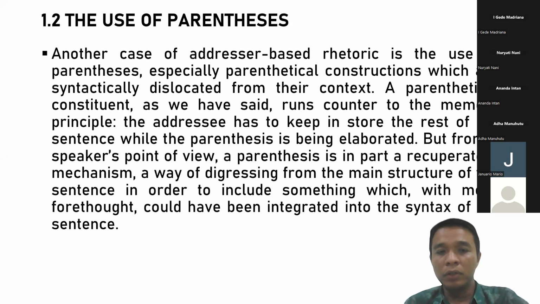We will talk about the use of parentheses. Another case of addresser-based rhetoric is the use of parentheses, especially parenthetical constructions, which are